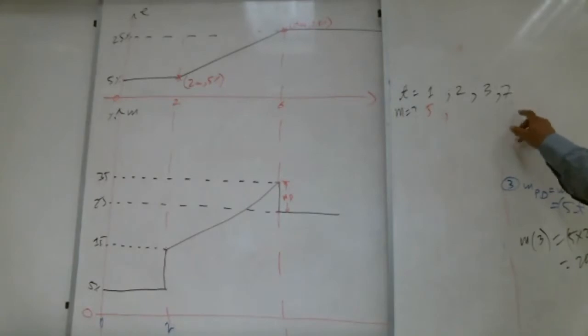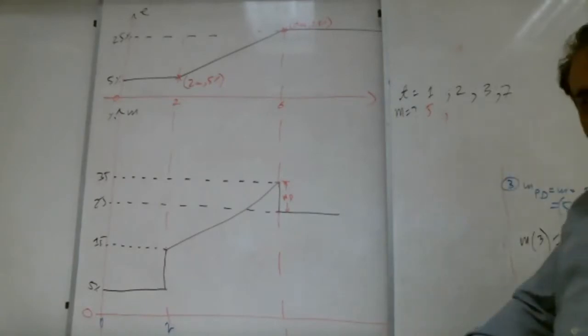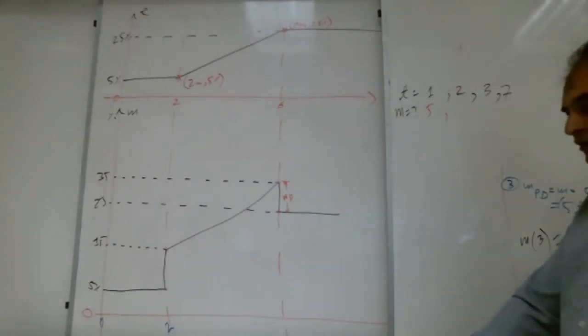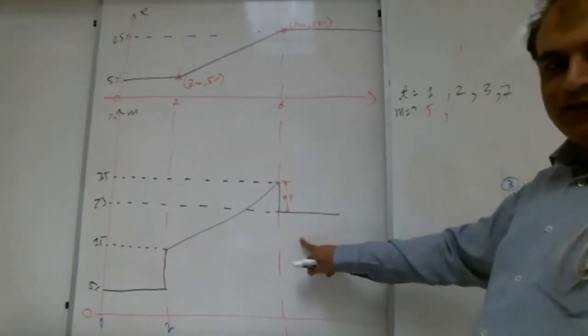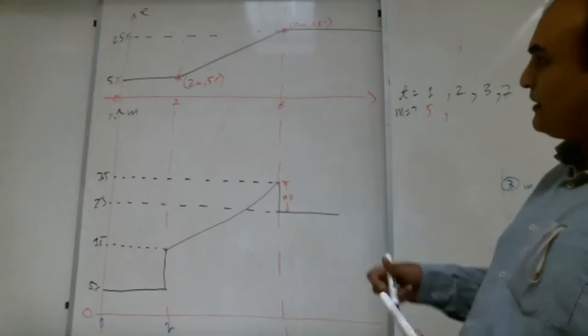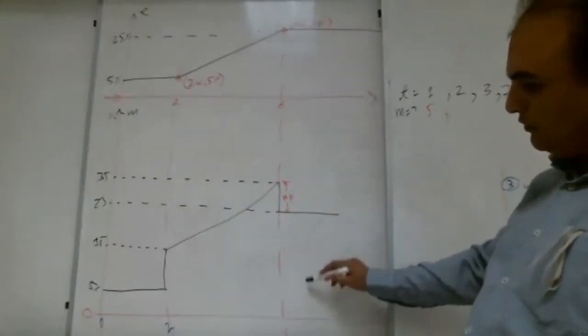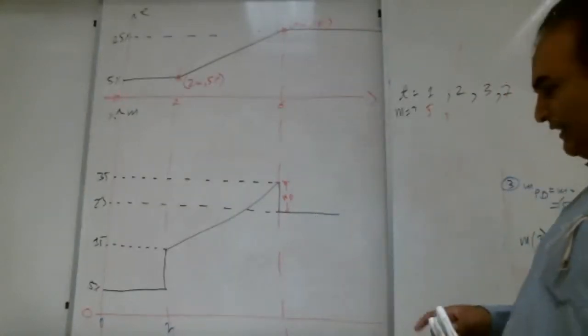Okay, now we go to the 7. Output at 7 minutes. Yes, Shabab, how much is the output at 7 minutes? 25. You don't need this equation anymore. Very good. A lot of brothers are saying 25 because the 7 is here. So this is 25. We don't need this equation.